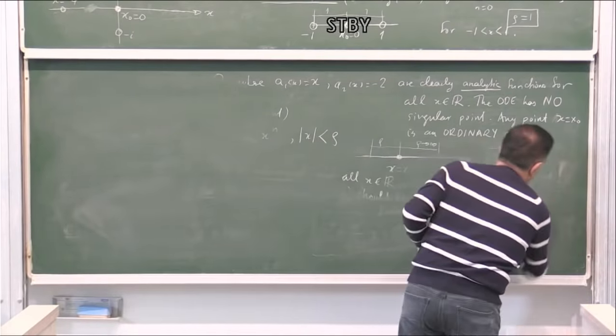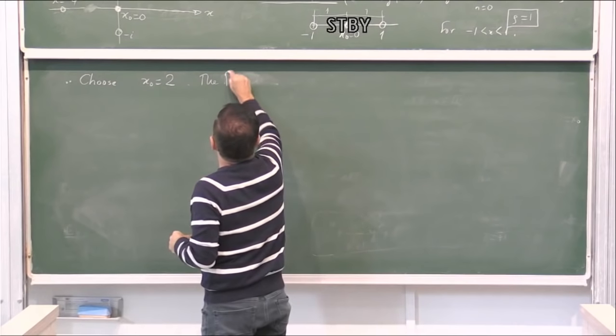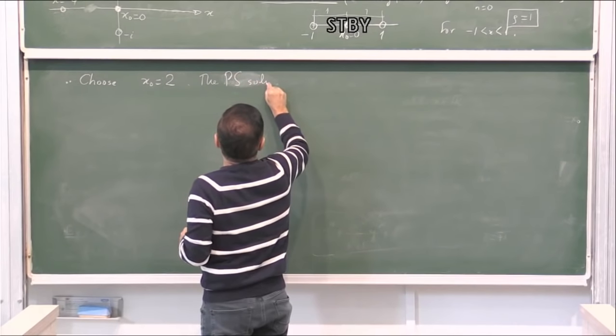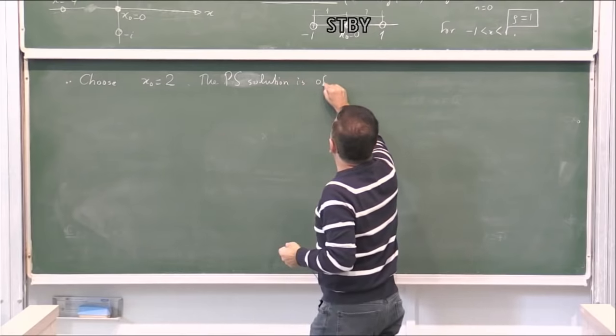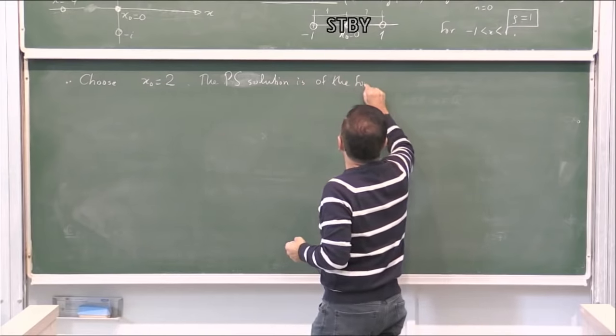Okay? Now, the form of the solution, the power series solution, is of the form